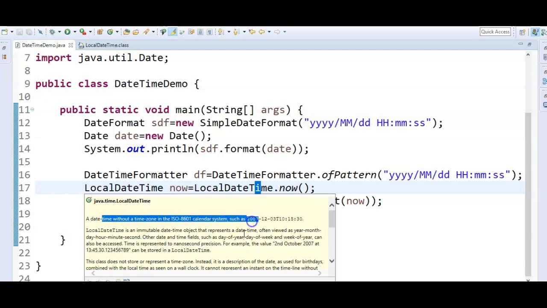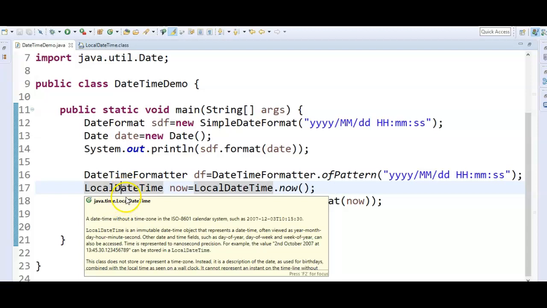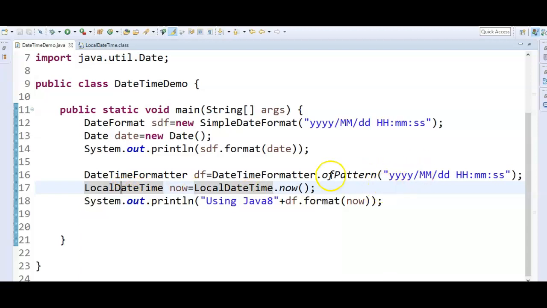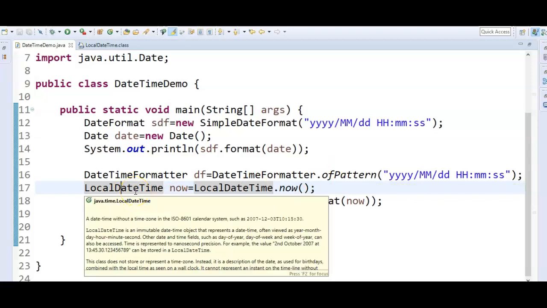So this LocalDateTime will contain both date and time but without any time zone. LocalDateTime is an immutable date time object that represents a date time often viewed as year, month, day, hour, minute and second. So it will contain year, month, date, hour, minute and second without any time zone. So this is the purpose of this LocalDateTime.